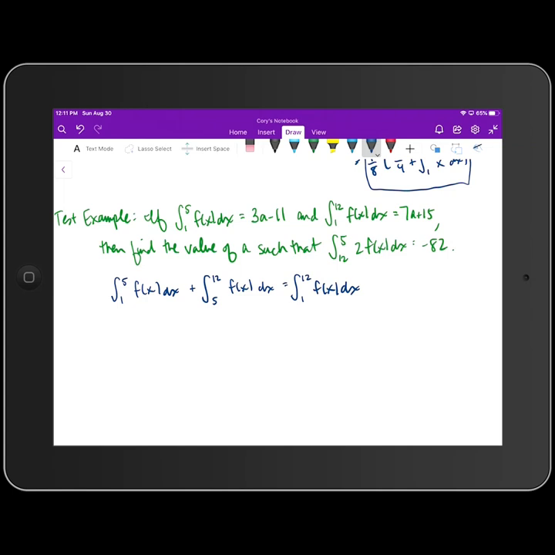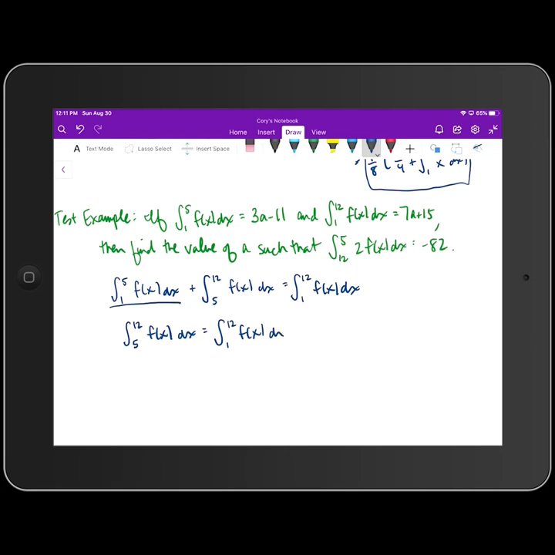Okay, so if I take that equation and subtract this on both sides, that's going to make the integral from 5 to 12 of f of x with respect to x equal to the integral from 1 to 12